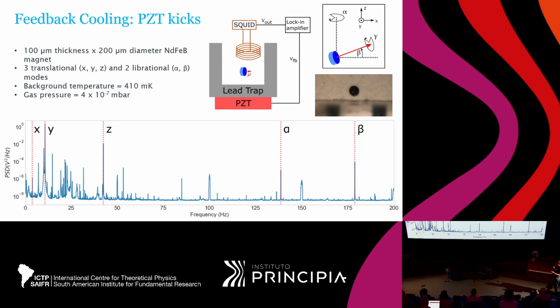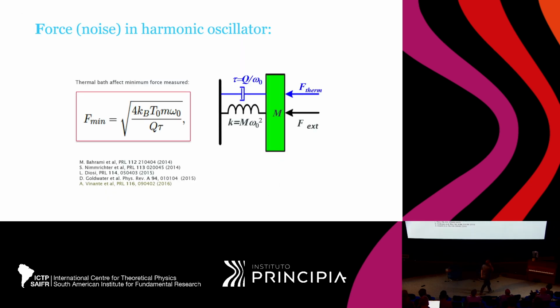So basically in the same way we do optical cooling by modulating the laser intensity which goes in the optical trap, what we do here is we mechanically kick the particle a little bit when it is in a certain phase of its oscillation. Yes, so this is a spectrum, and then for gravity you would pick basically the strongest mode or the one which you feel is the best one,